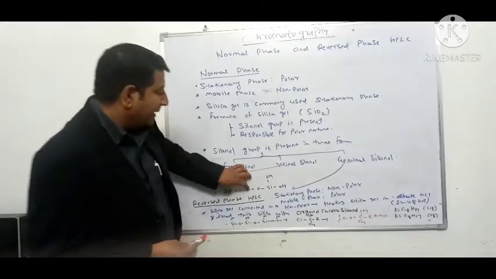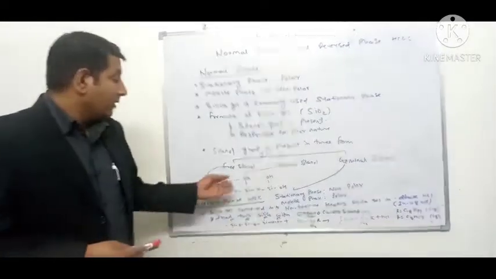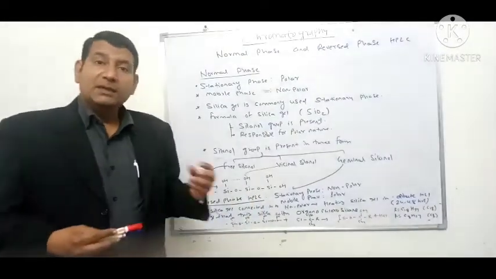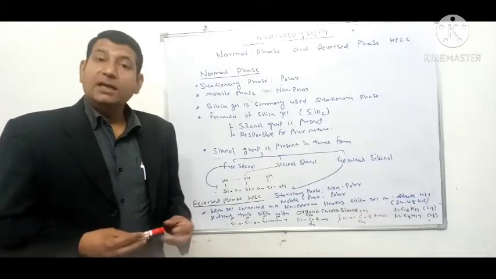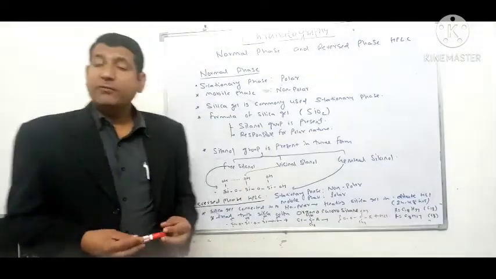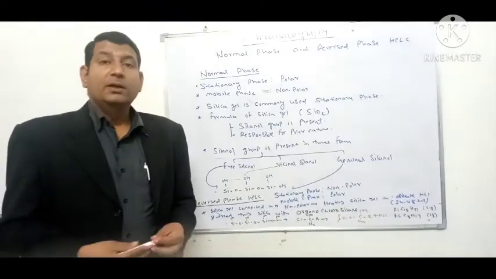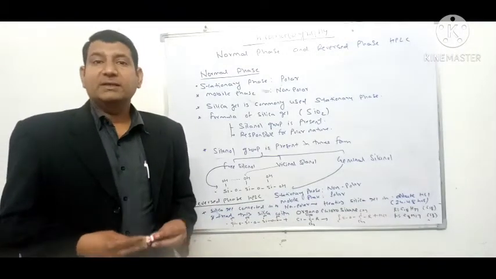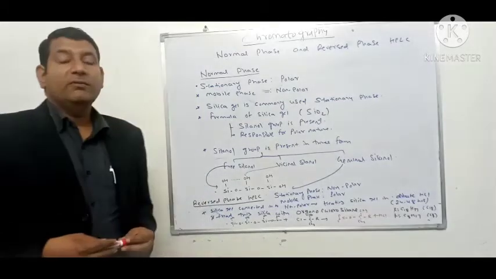So this particular type of silica is polar in nature because of the presence of hydroxyl groups, and this polar component is used in preparing silica gel columns which are polar in nature. And since it is polar in nature, we have to take a mobile phase of opposite polarity, that is non-polar. So we take a non-polar mobile phase, and this assembly is known as normal phase HPLC, or normal phase high performance